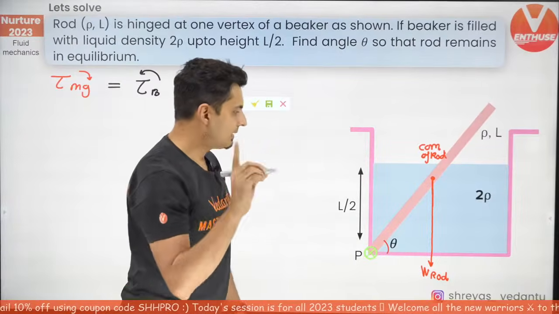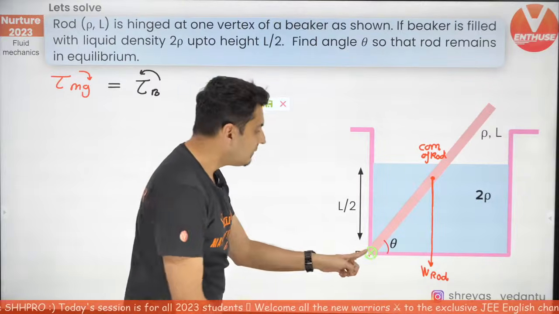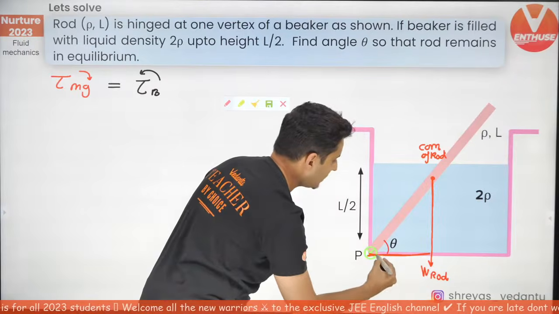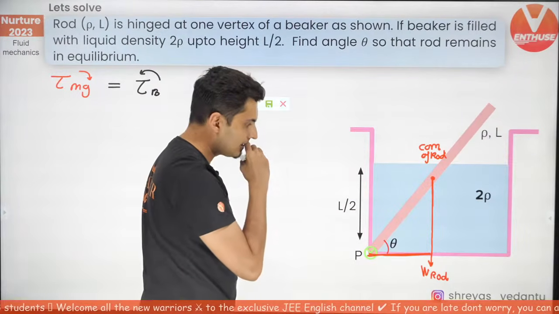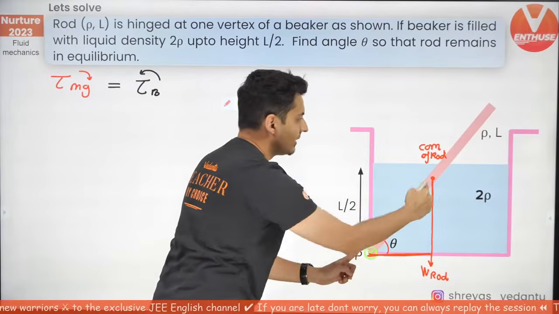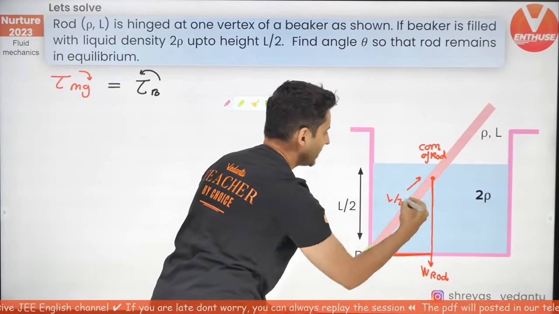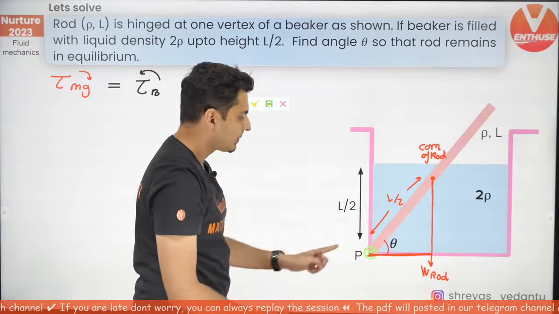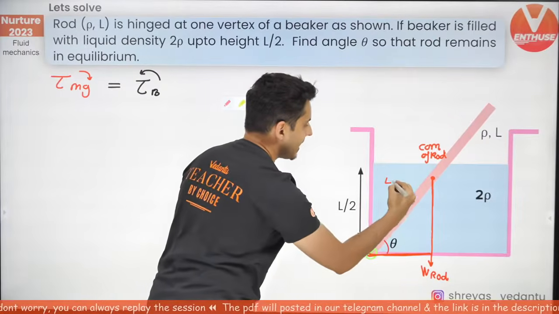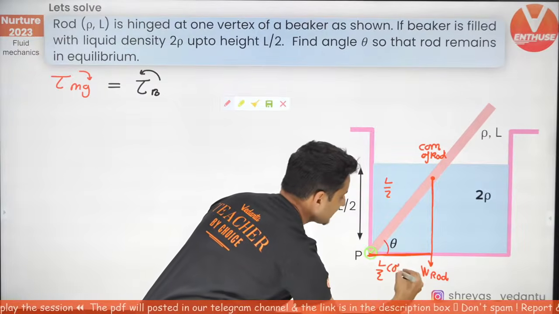Fair enough? Perfect. Now when we write the torque due to the weight of the rod, I would need the perpendicular distance. Think about it. I will need the perpendicular distance right over here. Now how much is this perpendicular distance? Think this way. Guys, from here to here was L. This is the center of mass. So from here to here, will it not be L by 2? This much part will be L by 2, right? So if this much is L by 2, this part will be L by 2 cos theta.